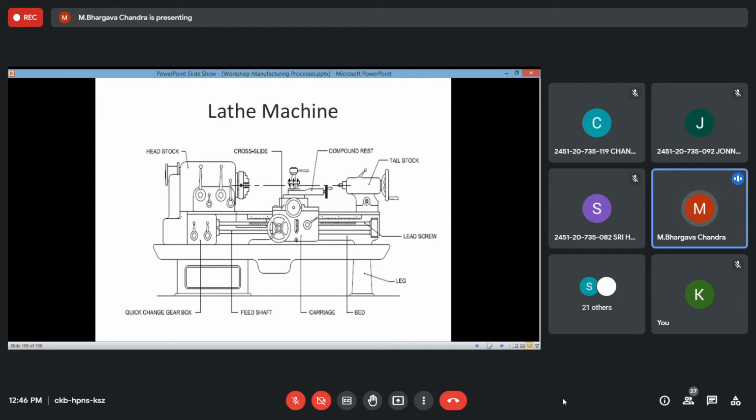That is, the tool bit can be adjusted for some inclination, so that if you are required to make a taper turning, then this compound rest comes into the picture. Then you have the tailstock, which is called the dead center, and the headstock, which is called the live center. It will be powered by the motor, which is called the prime mover. As you require different rotations and speeds, you have to go for a gearing system here. This total setup will be mounted on legs. The bed, and the carriage, move in the forward and backward direction on the lead screw.